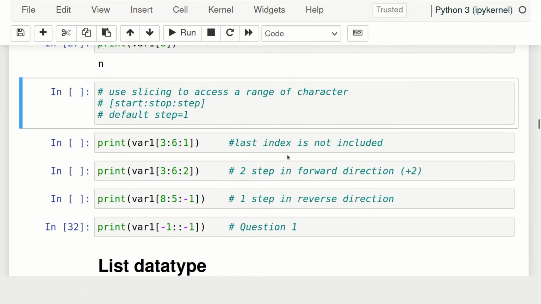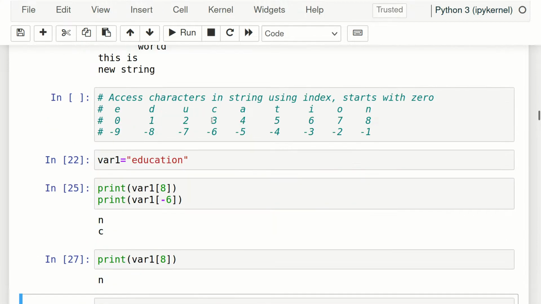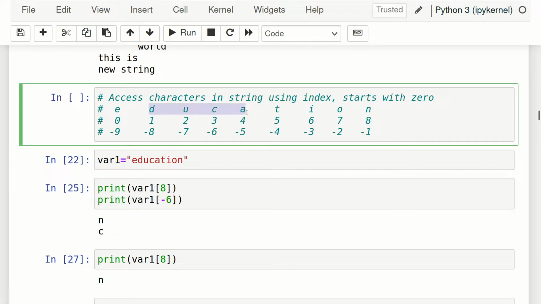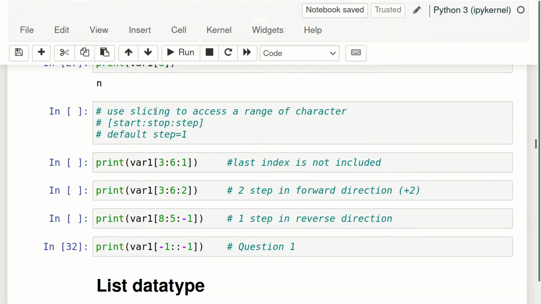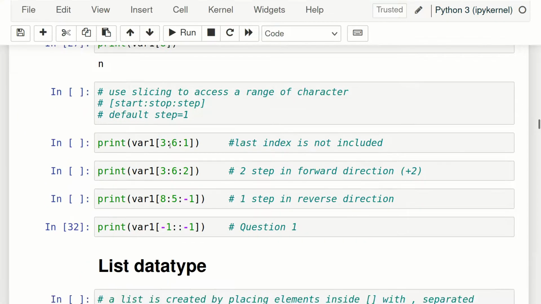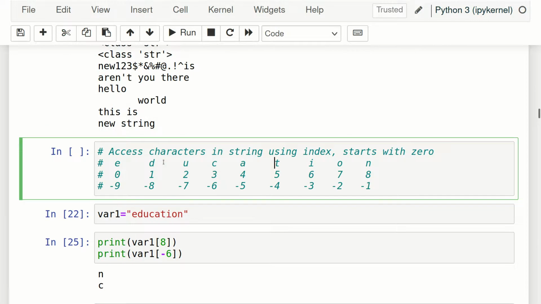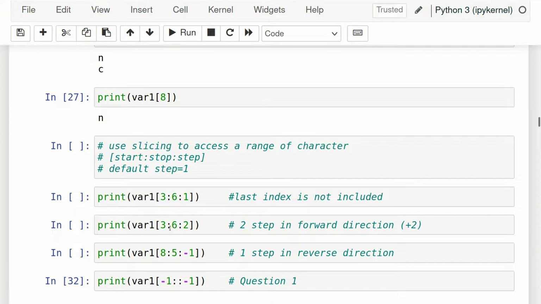Now see another thing. Now we will see slicing. Here we have seen that to get a character, at a certain index we get only one character. Now what if I want to get characters from here to here, a range of characters? How to get that? For that there is a method called slicing. Slicing means cutting. So if there is a string, I will cut it from here to here, so that we can get a part of it. So this is called slicing.